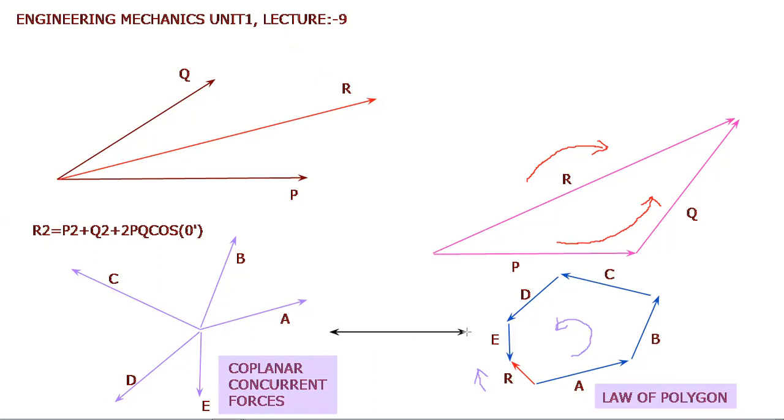You can see here these two diagrams. So we have converted these coplanar concurrent forces into the polygon. We have drawn it on paper up to the scale, and after that we get this result. That is, we are able to find out the resultant of these forces on the paper. And now how do we calculate the magnitude and direction of this resultant? We are also able to find out the magnitude and direction of this resultant.